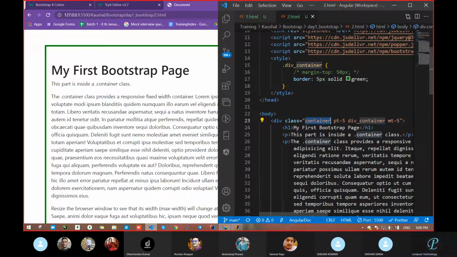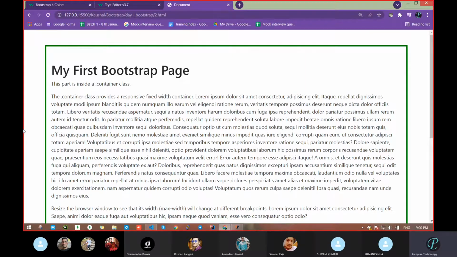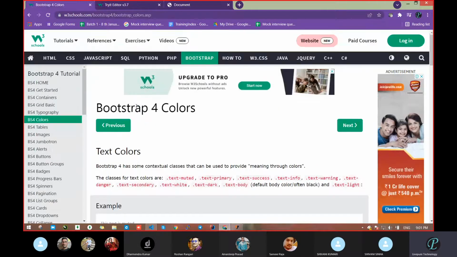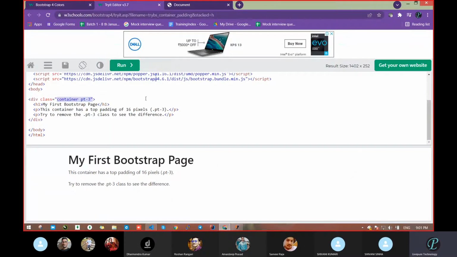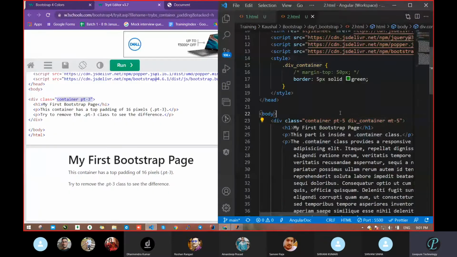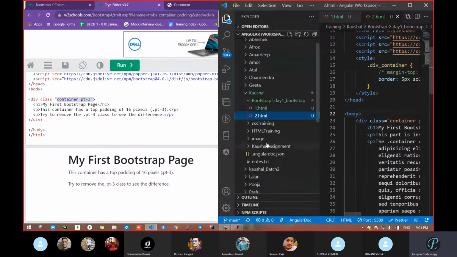That's why we go for container, and we always take that. If you are not taking container, then your text will completely occupy left and right. It does not look good. So we have to take container or fluid container, anyone you can take. Okay. So now I am going to discuss color.